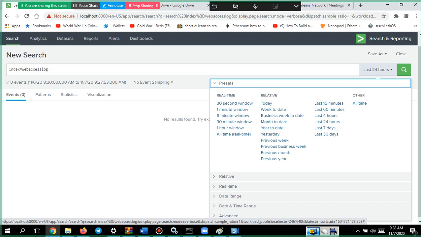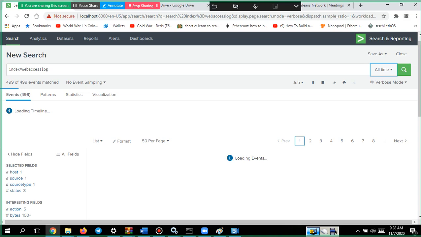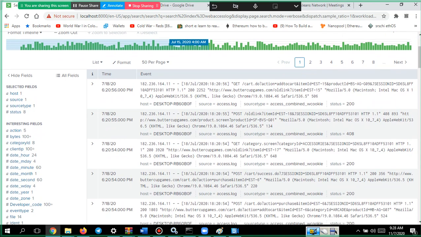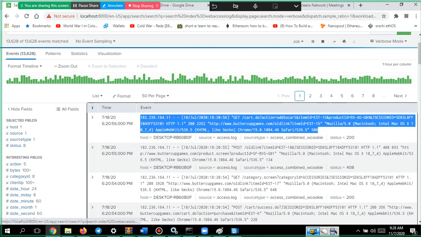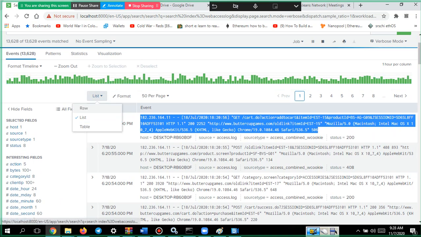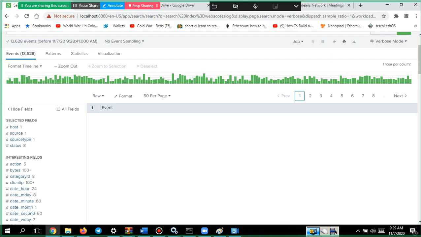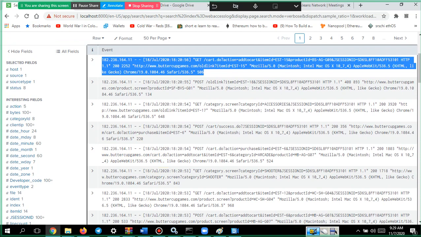So you have to tell it that you have some logs which are very old. Let me show you by selecting from the day one when I started receiving the web logs, till date. All of these are web server logs. See, logs look like this. If I want to show it in the raw format, how I received it, it will be like this. These are the web server logs, guys.